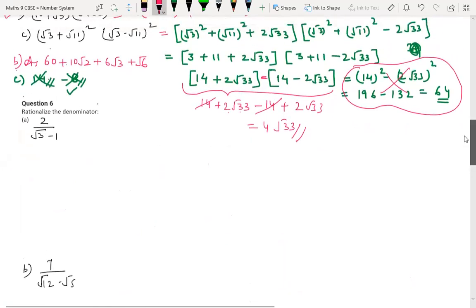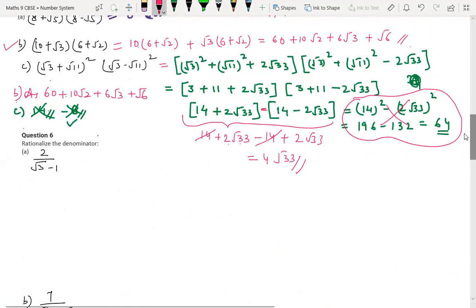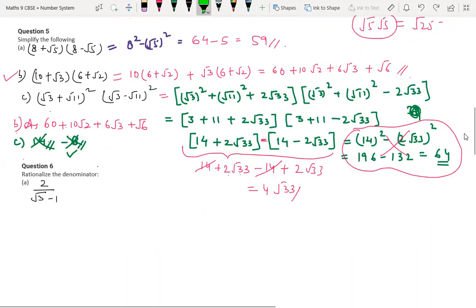Sir, we can do it in the way of a square plus b square, in that way. That way only I told, no. See, before we did here, this first question we expanded only, no. After expansion, I'm writing a minus here. Yes, sir. This also we can do, no problem. The answer we are getting is the same in both the cases. That I'm trying to explain to you. Okay. Clear? Yes. All right.